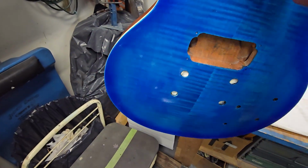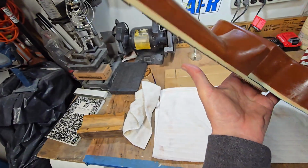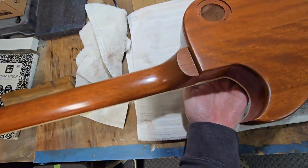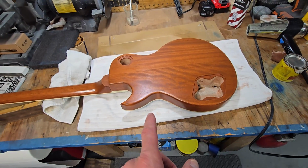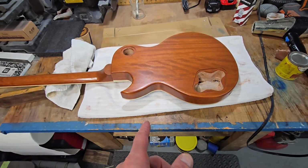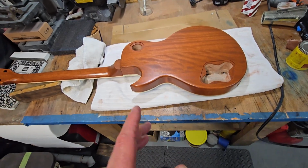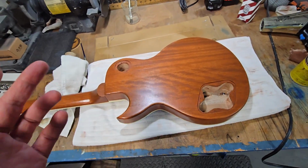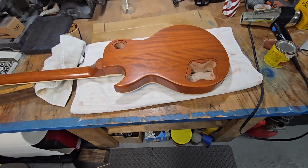is pretty popular. What pisses me off is that if you look on Temu, whatever you want to call it, they have this guitar in a kit, and they have it assembled. What pissed me off is I paid $129 for this on Amazon. I could have bought it painted in color, blue or green, or red. I did a red now too, for I think it was like $156,